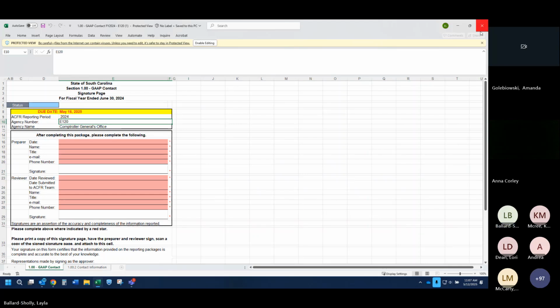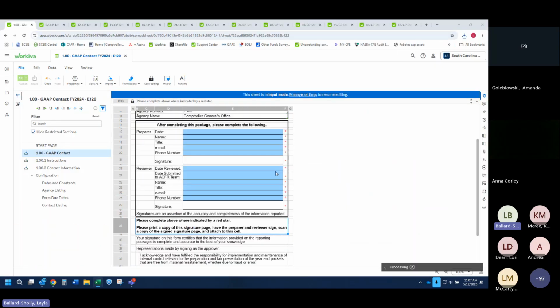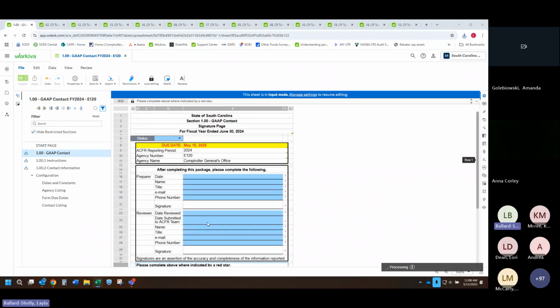So once you get to this point, you would go through signing it the old way that you all should be familiar with. You'll save that first page as a PDF. You have to print it and sign it. I apologize, I know that's tedious. But once you've got it signed and saved as PDF, you're going to go back to your signature page